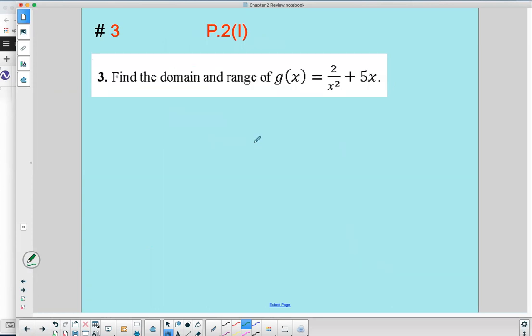It says find the domain and range of this problem. Okay, so I'm going to help give you the key. Remember with domain, I'm going to do the algebra first this time. We'll look at the graph in a second, but I'm going to do the algebra first this time. There's a rule with domain. What is it? The 2 things that we're looking for